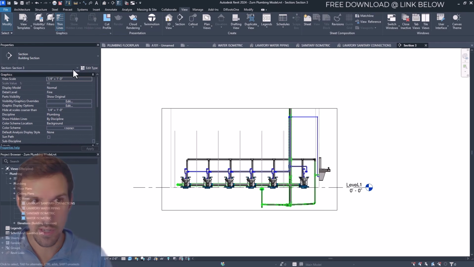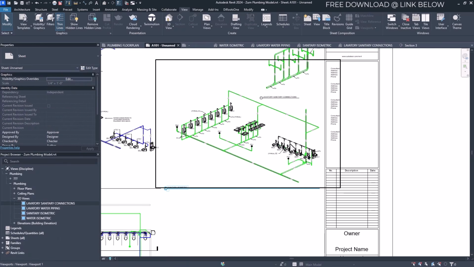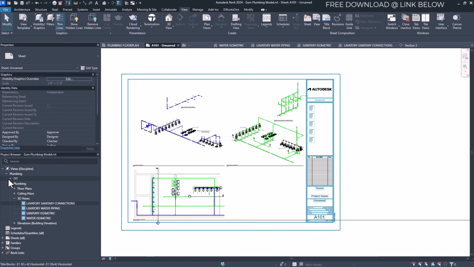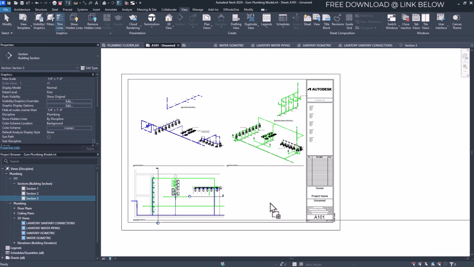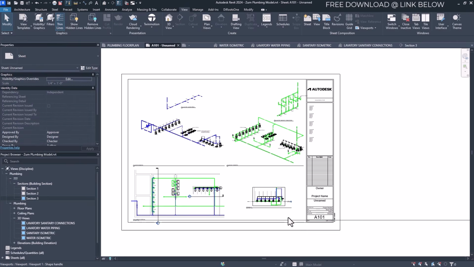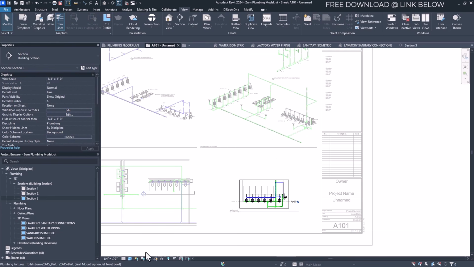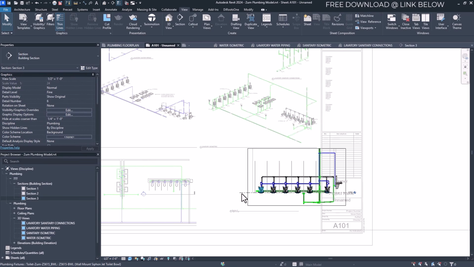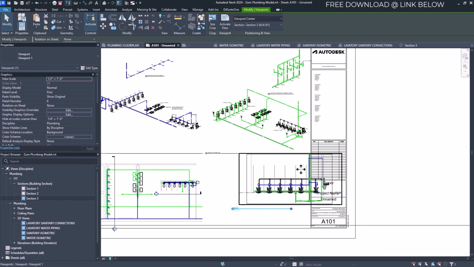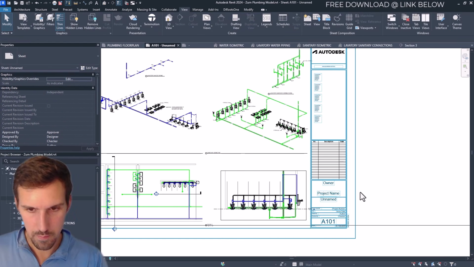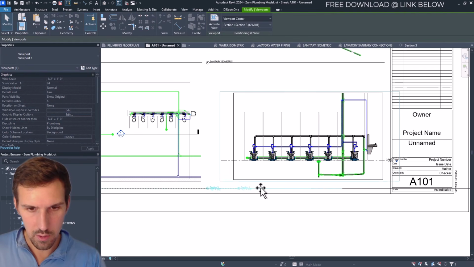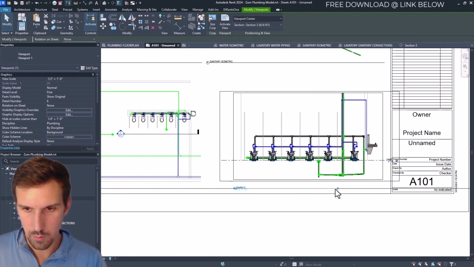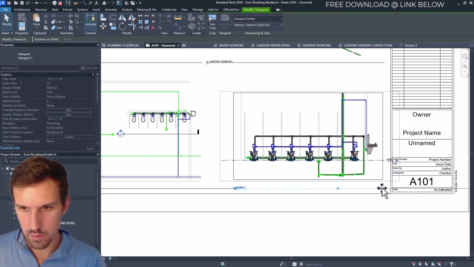And let's see what this looks like on a sheet. So let's go to our sheet, and let's just drag this new view. So it's a new section view up here. I think it's probably section 3. So let's just drag it down, and we can make it a little bigger. So I'm going to double click into it, and let's try 3/8, and let's try 1/2. That looks pretty good. So I'm going to go ahead and just move this to right here. And we're going to move this title over to here, move this underline over to here,